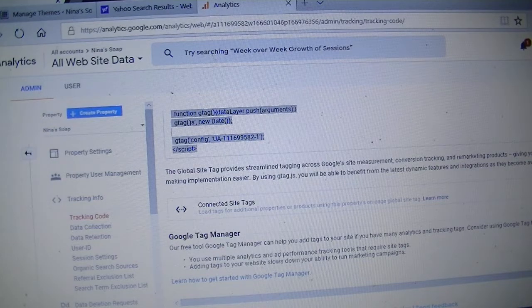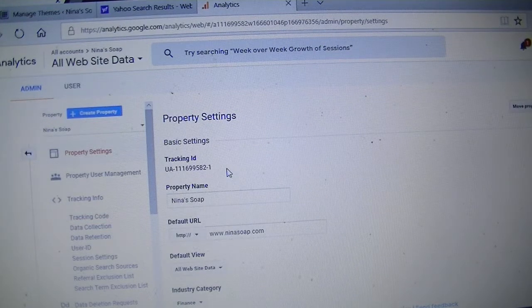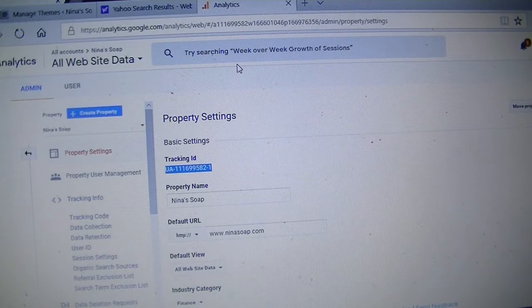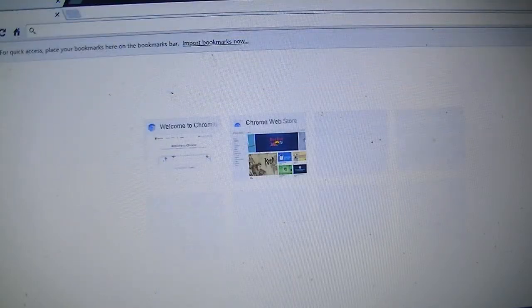and first we went to admin, and we have the 3 columns. The middle one is what we are working on, that's the property setting. So we can just click on property setting here, and you will see your tracking ID number here. Tracking ID, we will copy that, and we will go to Google